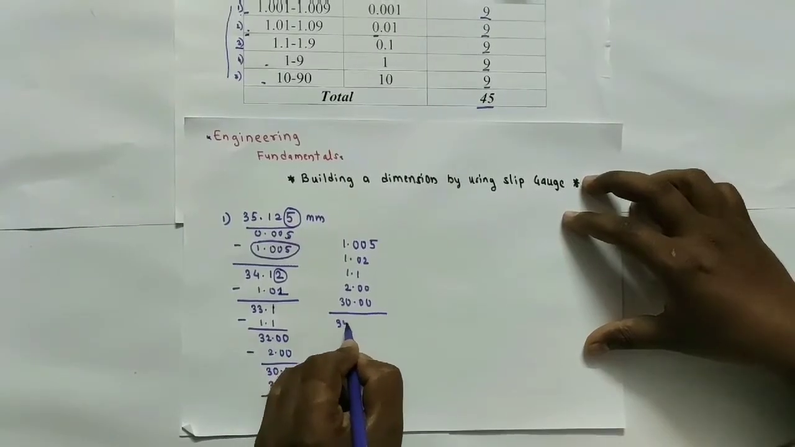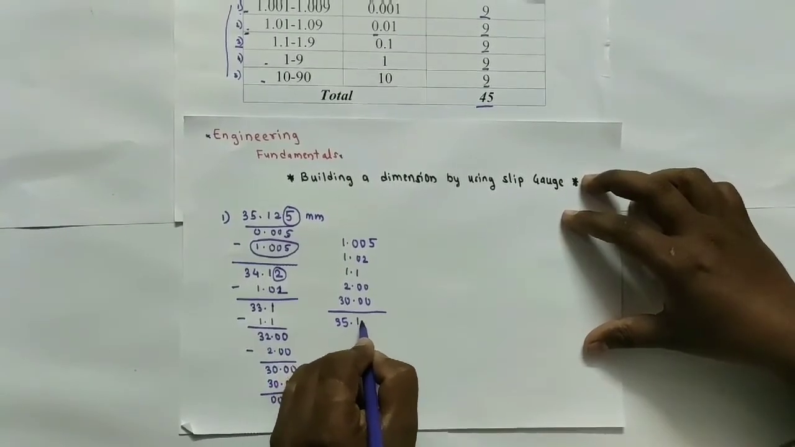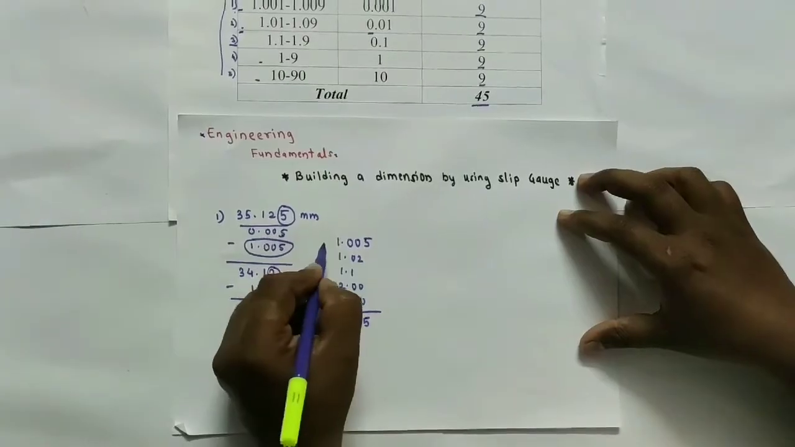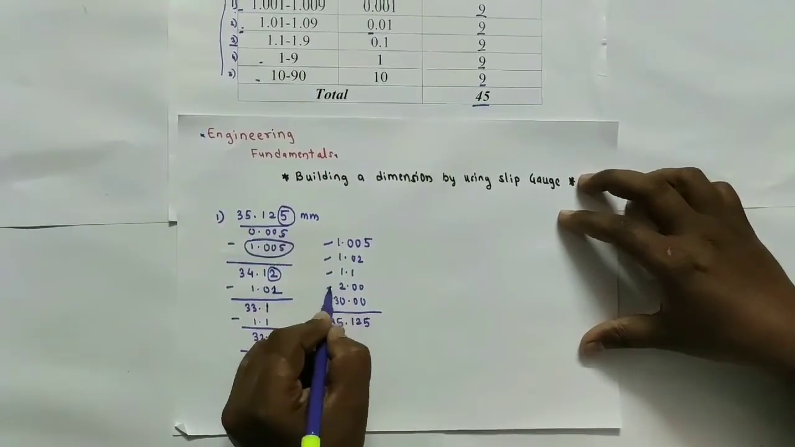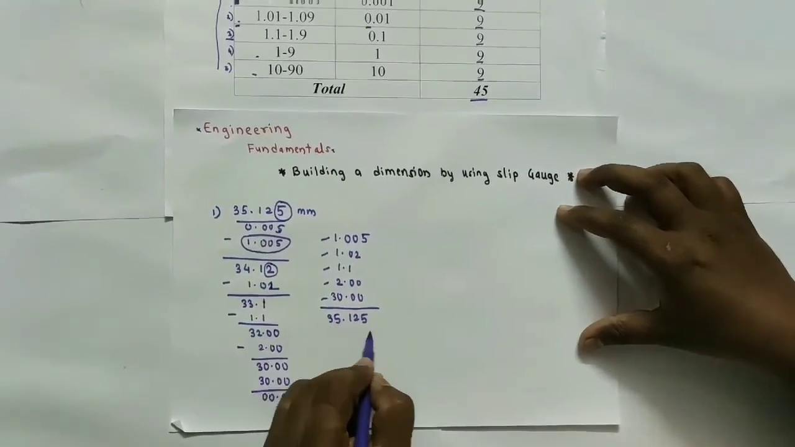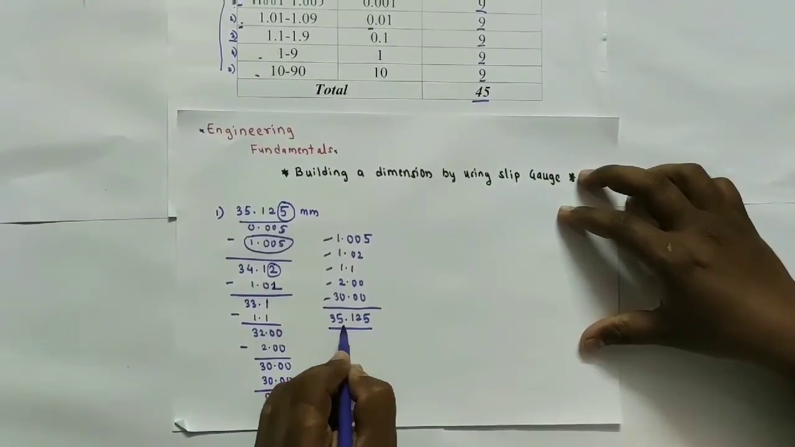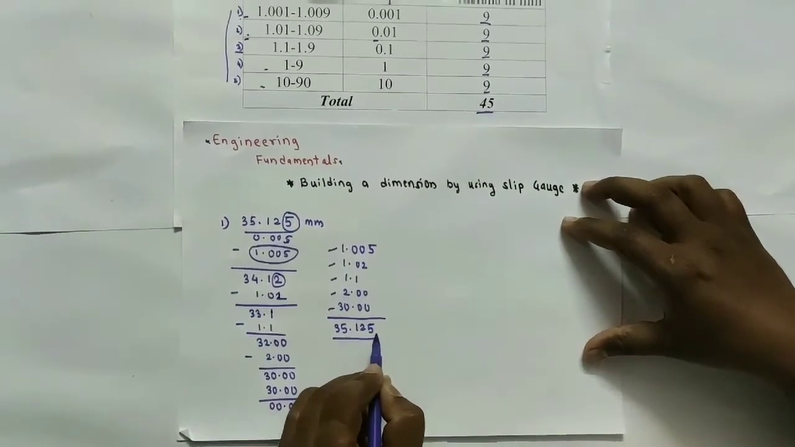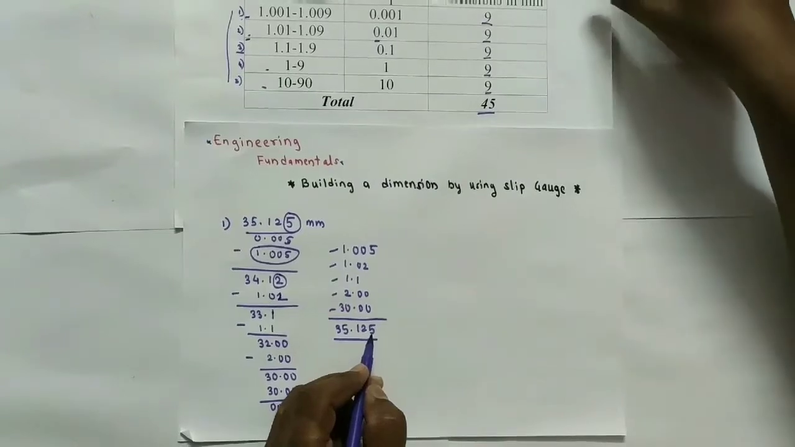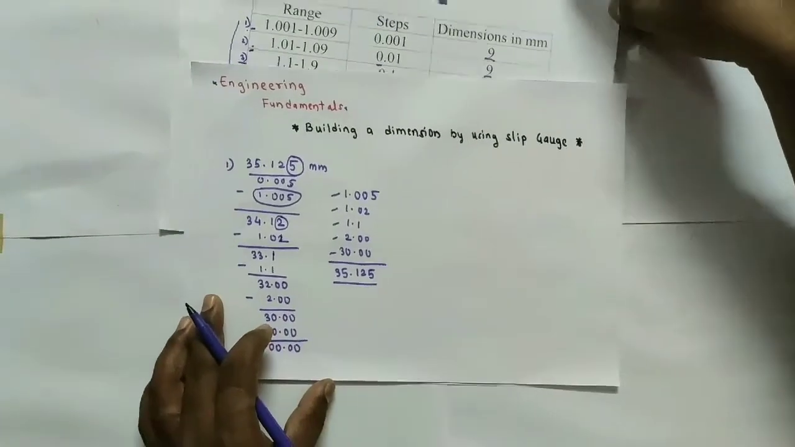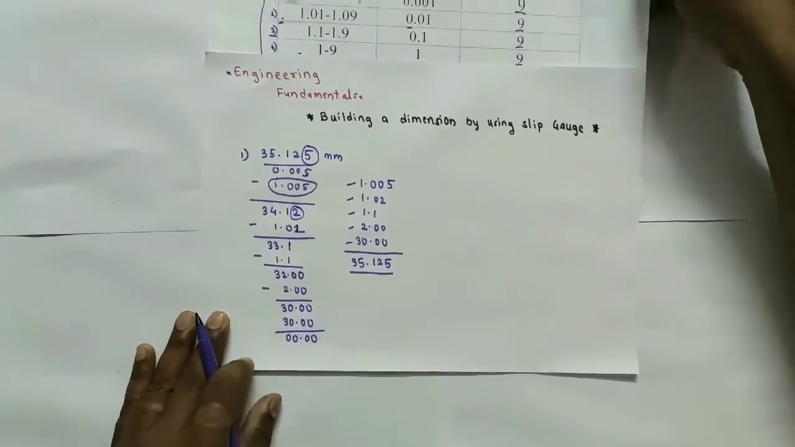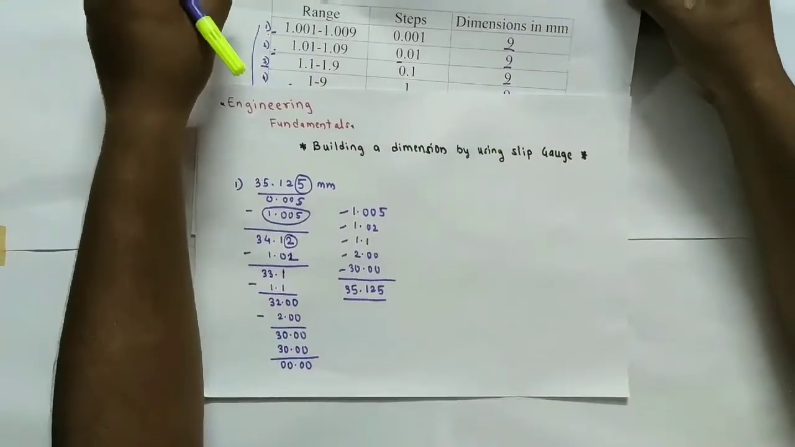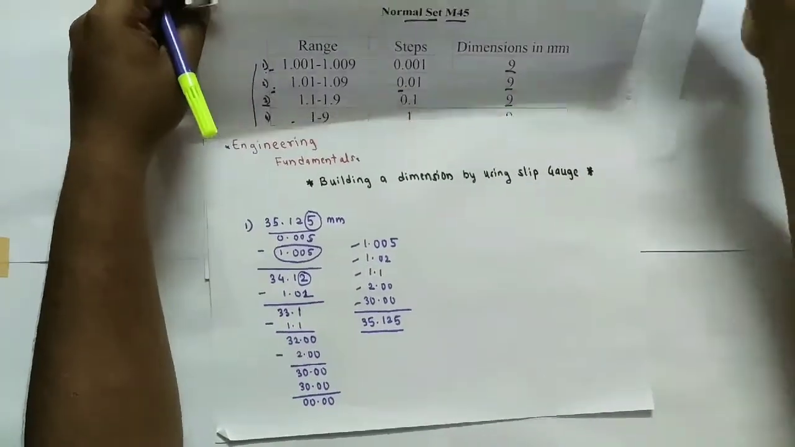Then we are getting the dimension as 30.125. So these 1, 2, 3, 4, 5 slip gauges are used to build this 35.125 dimension by using this normal set. So hope you're clear. Then the next slip gauge set which is available is a